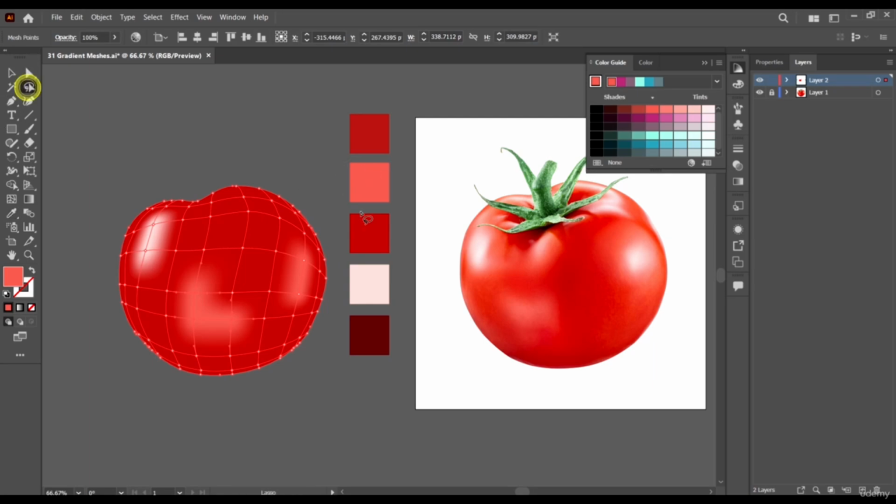And maybe we'll have this one to be darker, maybe darker like this, and then around here we will have them very dark. We'll have it very dark here.